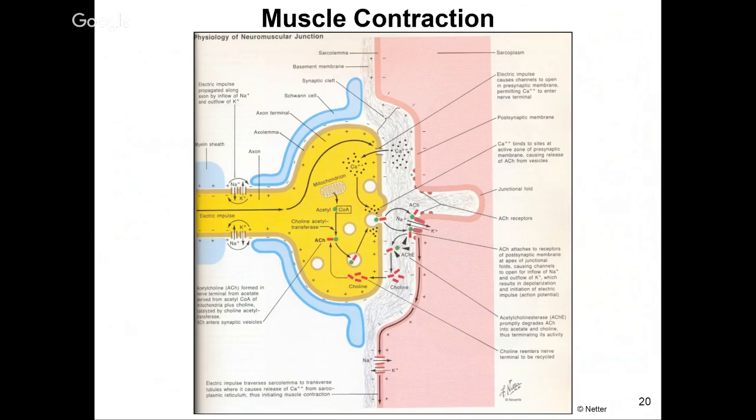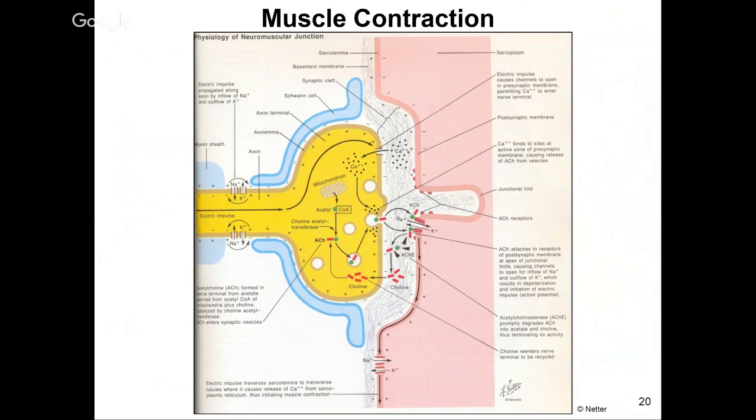You can see it crosses over and opens. What actually happens is it helps to open sodium potassium channels, which creates an electrical impulse within the muscle, and that electrical impulse travels down to the sarcomere, where it releases the calcium that allows the myosin heads to bind, like we talked about. Anyway, acetylcholinesterase,